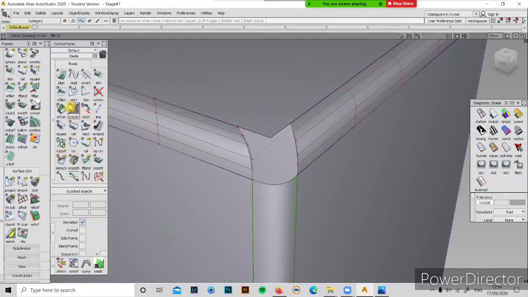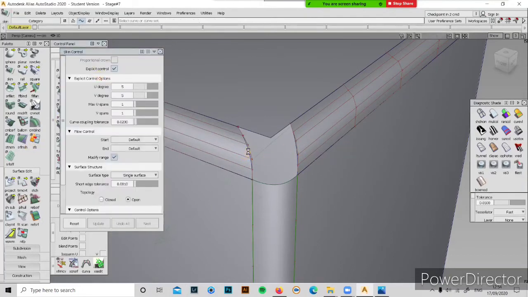So I will select the skin command. If I have a four-sided corner, I could use a square patch for it. But I don't have a four-sided one, so I can use the skin tool for this. Skin, selecting this edge and this edge. I'll give connect end, connect end, so it will be easy for me to make it connected.